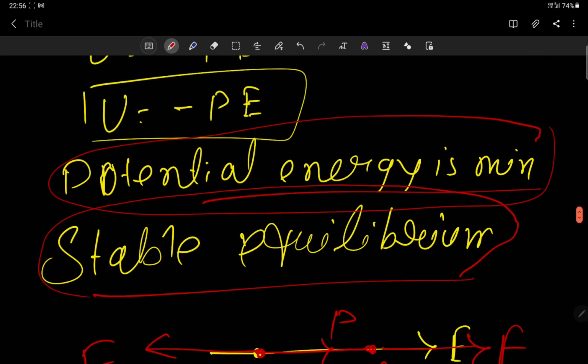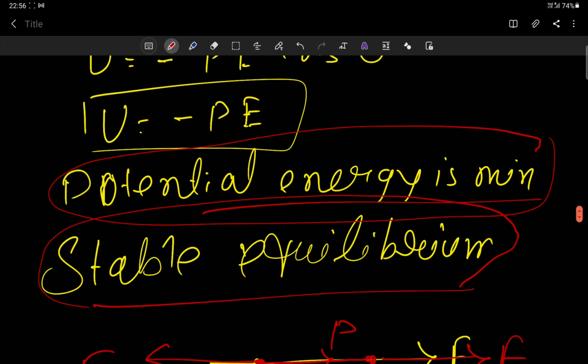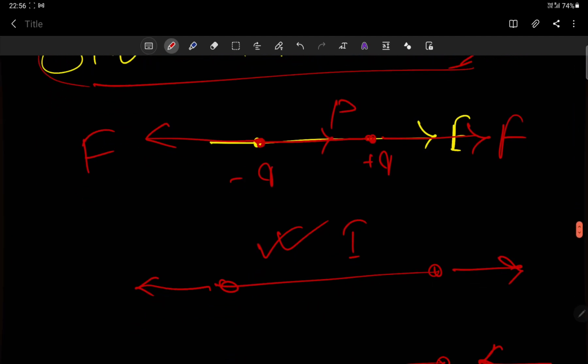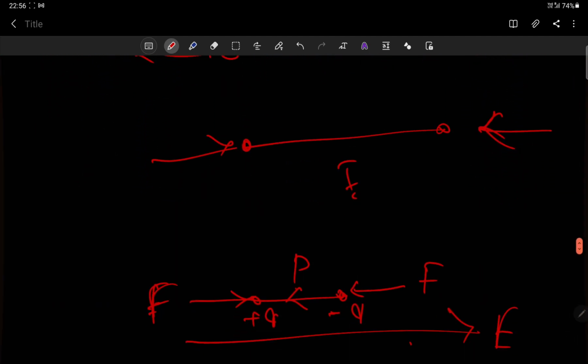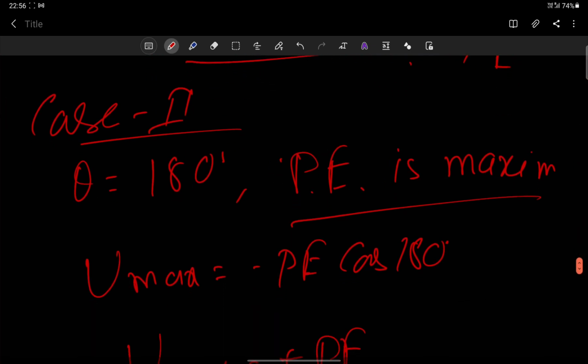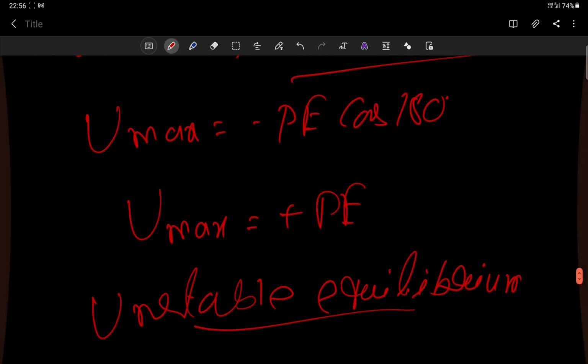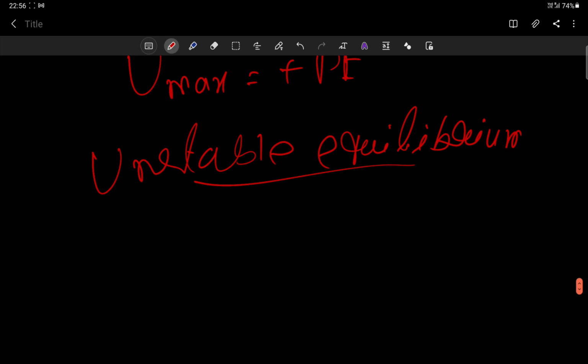Like a kid and an old man. The old man has very low energy, so most of the time he will stay at home. That is the condition of stable equilibrium. In your case, if you have a high amount of energy, you can go anywhere when your parents are not here. So your condition is like unstable equilibrium, correct?